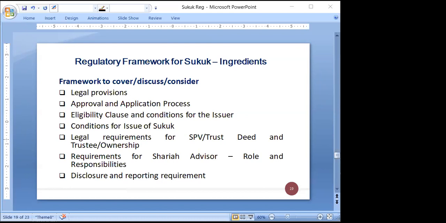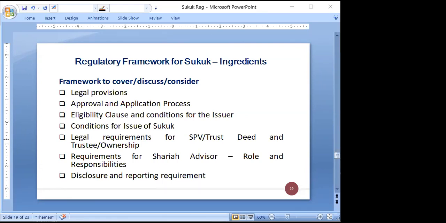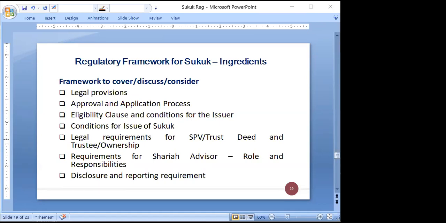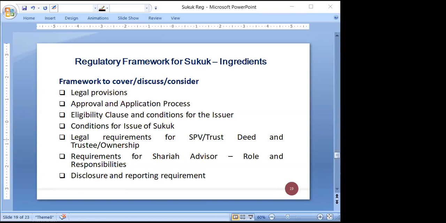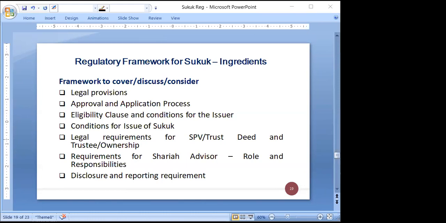So the offering document, if the Sukuk are issued to the general public, normally the issuers are required to prepare a prospectus. So prospectus, what information should a prospectus contain? Generally, a person issuing the offering for subscription or purchase, or making an invitation to subscribe for the purchase of Sukuk, is required to register a prospectus with the regulator. So the prospectus must be in compliance with the requirement of the law.